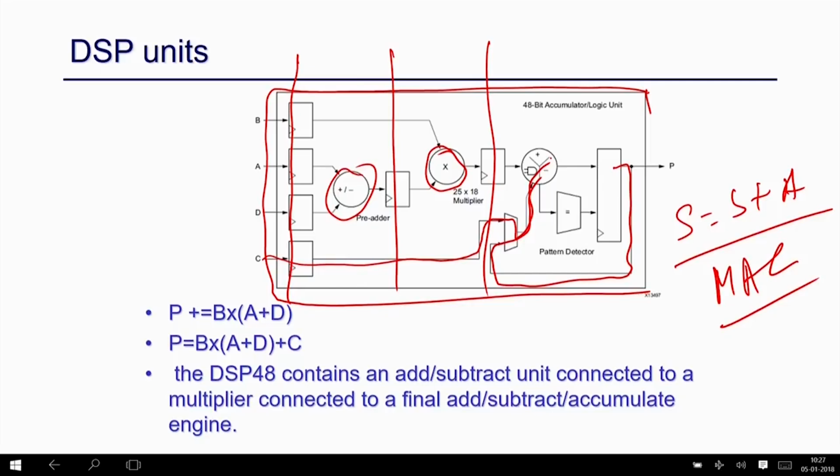So, you can do specific types of operation, like you can do B into A, or you can do A plus D into B, or you can do A plus D, plus minus, this is plus minus, and then you multiply this with B and then you add C, right. So, all kinds of possibilities are there. So, all this kind of structure when you have in your design, those can be mapped to a DSP unit,